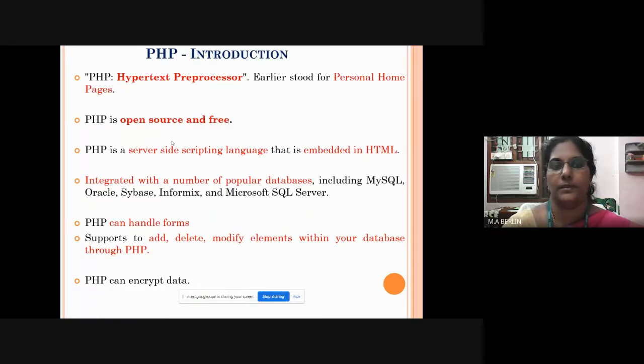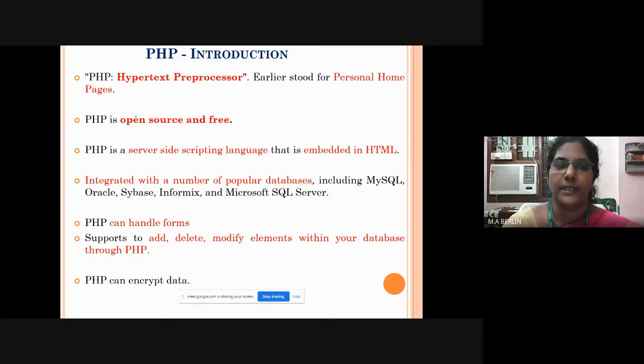PHP, the acronym for PHP, is Hypertext Preprocessor. In the previous days, they used to call this Personal Home Pages. Now PHP is open source and it is freely downloadable. You can download it and install it in your system.